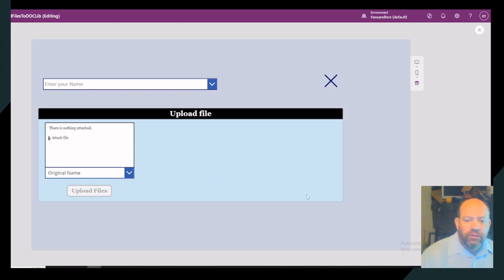Now, there is a gallery right here that you cannot see, which we will make visible later when I explain how this works. So initially I'm going to show you that it works, and then we're going to go through and show you how to create it. So